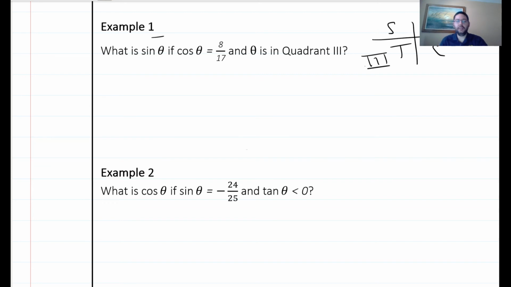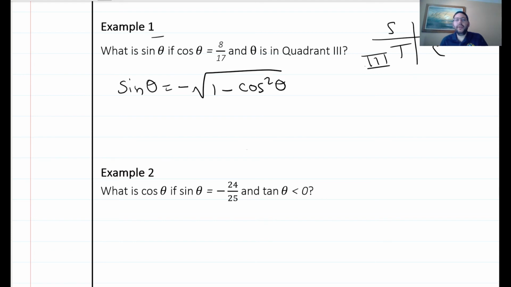So we know right off the bat our answer is going to be negative. We're going to use the Pythagorean identity: sine of theta equals negative square root, no more plus, just a negative, of 1 minus cosine squared